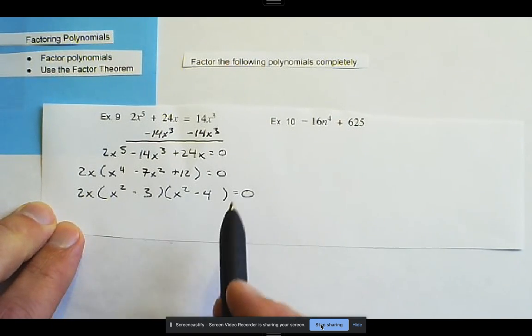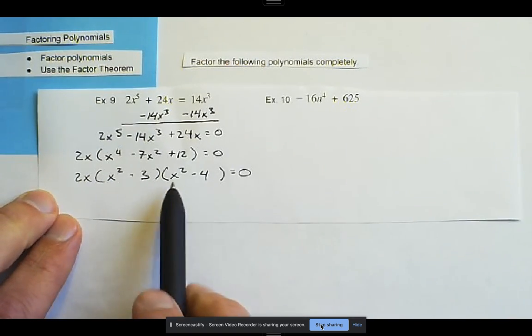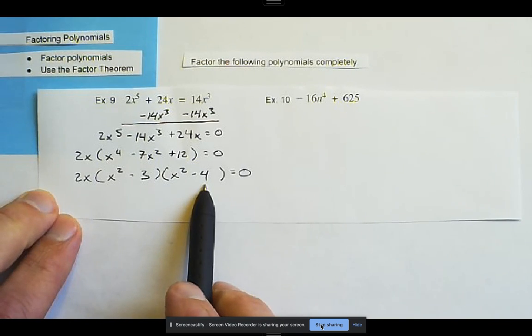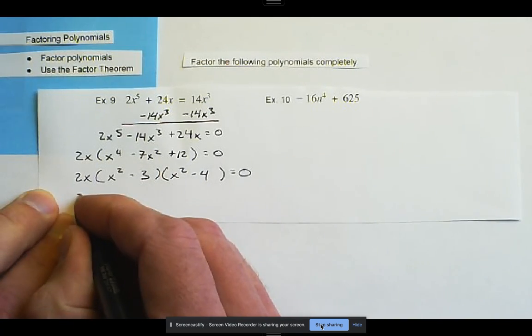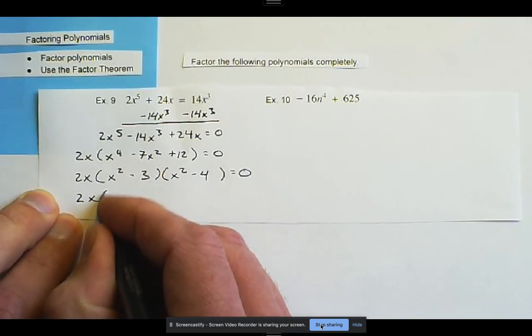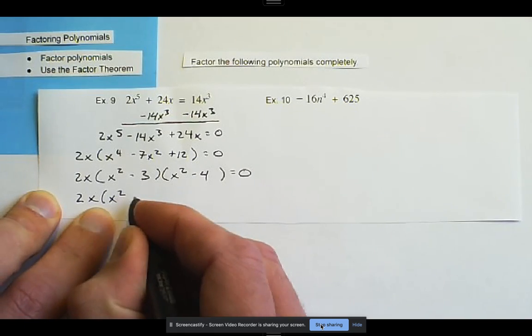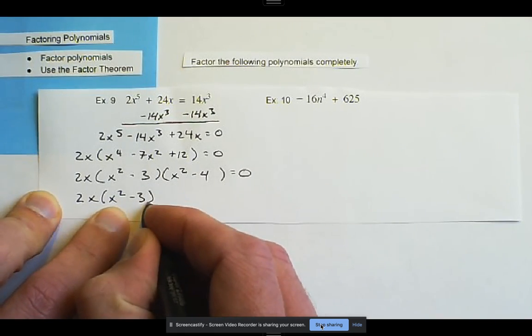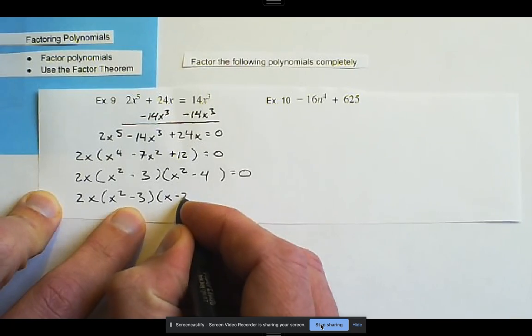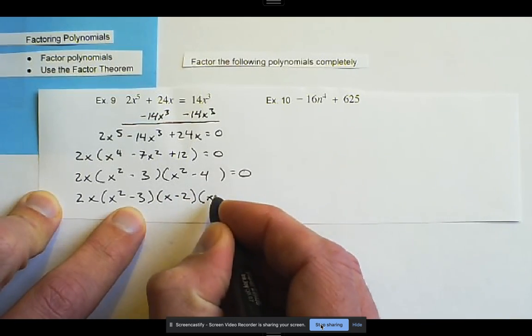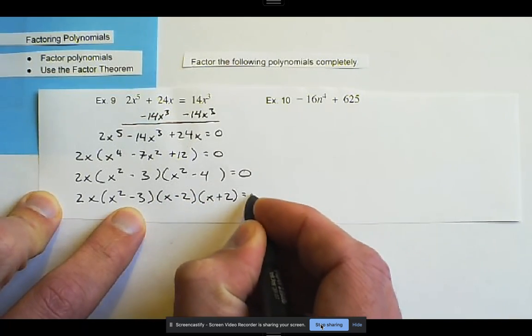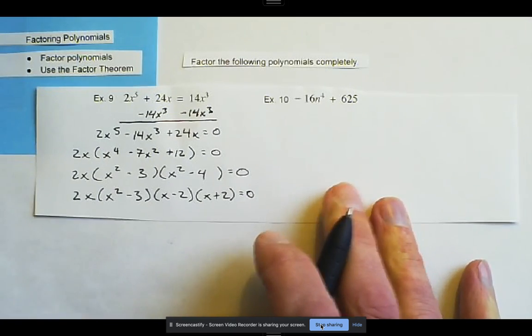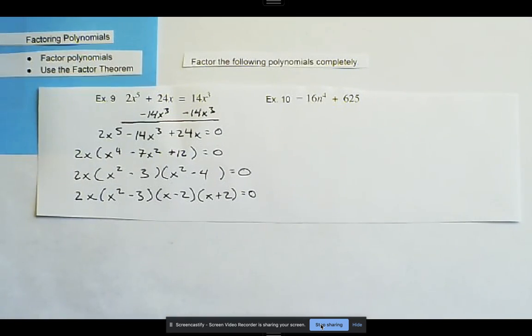And then again, we know that we have a difference of squares here. So we can write this as 2x times x squared minus 3 times x minus 2 times x plus 2. That's equal to 0. And so our solutions to this, because we use the zero product property,